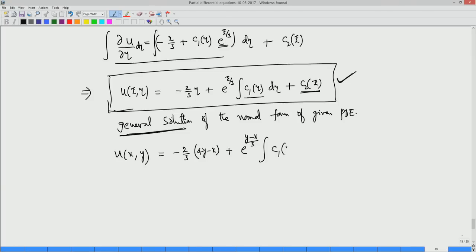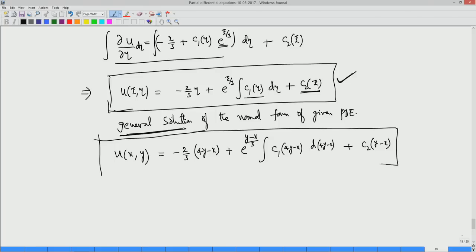So this is eta, d eta. Whatever the variable, if you replace, you can say that is 4y minus x, and d eta is d of 4y minus x. Okay. If you write, you can plus C2 of y minus x, xi is that. So this is a function, the general solution of a given partial differential equation. Okay. This is the general solution of